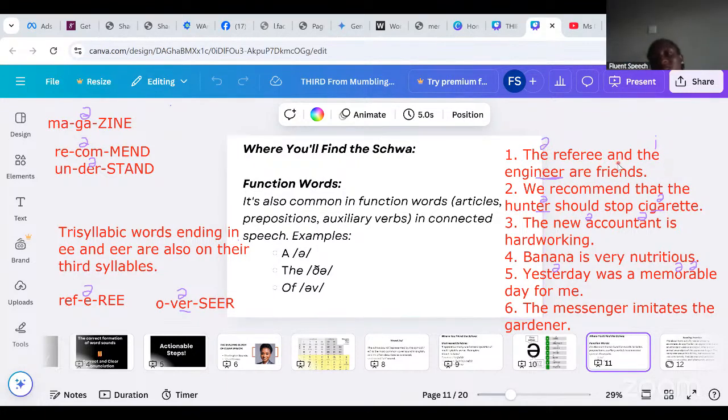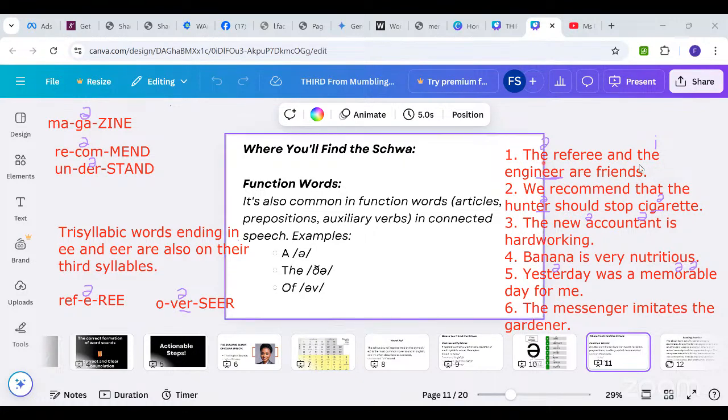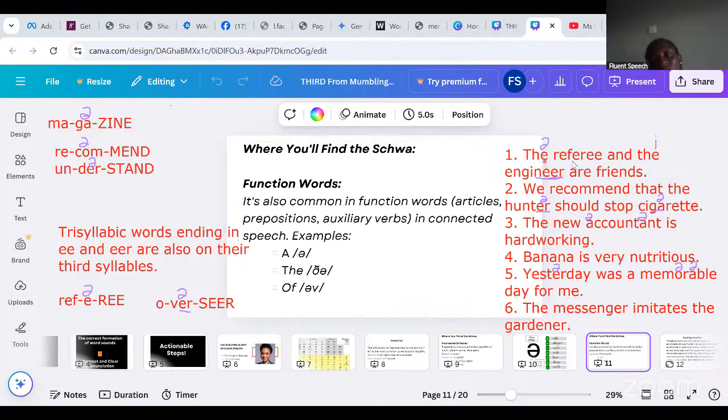So if I read the sentence, it becomes "the referee and the engineer." Same words but pronounced differently. The referee, still the same way we learned how to pronounce it. The referee and the engineer, friends. So if we go to the second sentence, the content words here, the words that carry meaning,